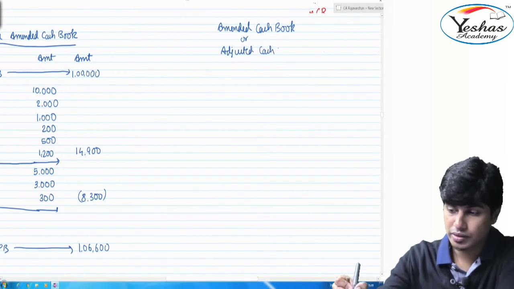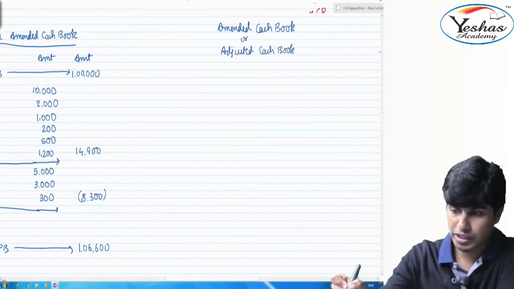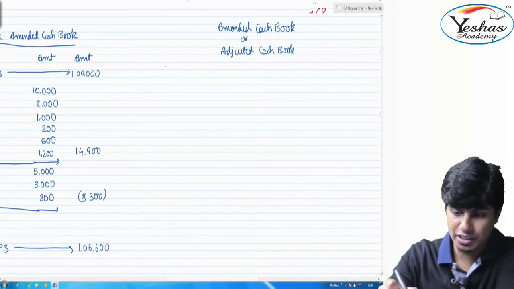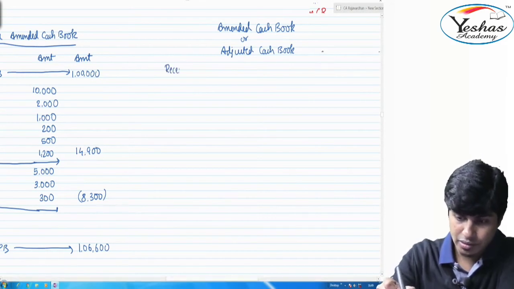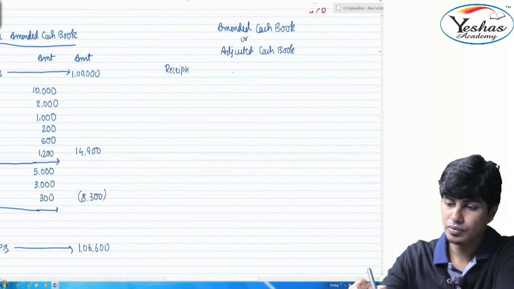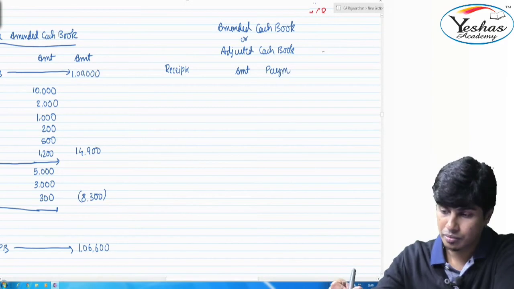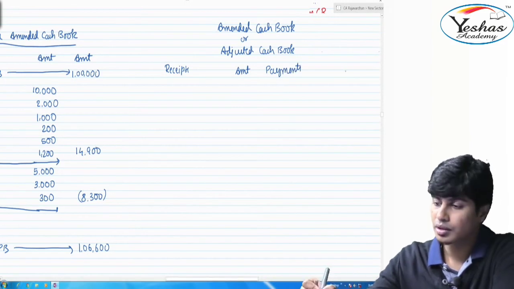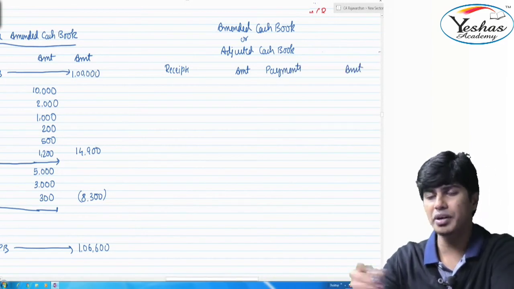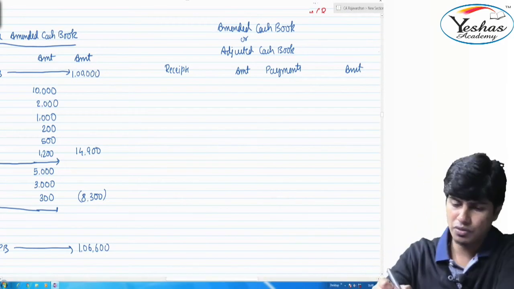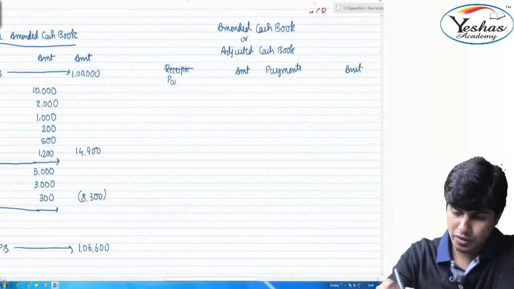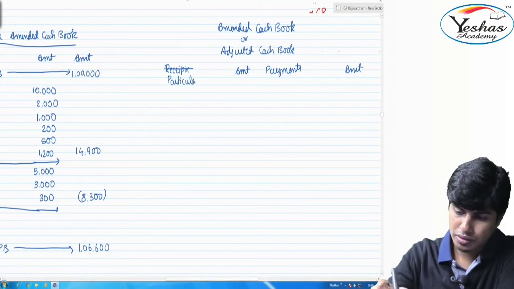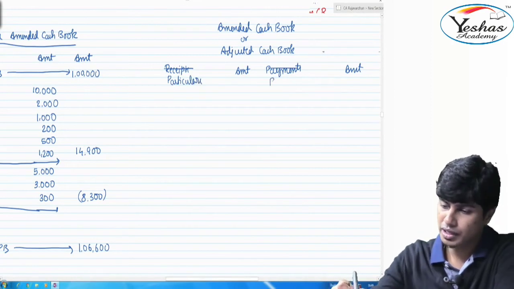Adjusted cash book. You will have debit, credit, or you can write receipts and payments. I will write receipts, amount, payments, amount. Instead of this, you can write debit, credit, and then particulars. If you want, I can write it. Instead of writing this, I will write particulars. Instead of writing payments, I will write